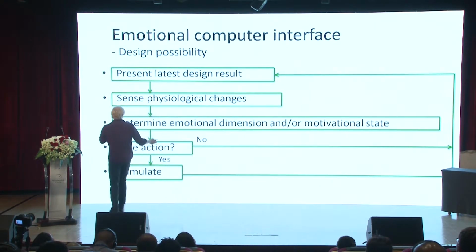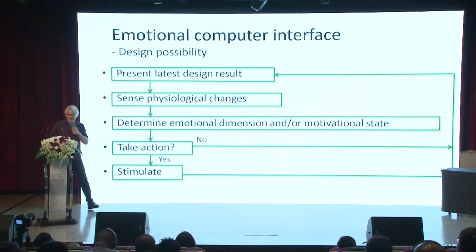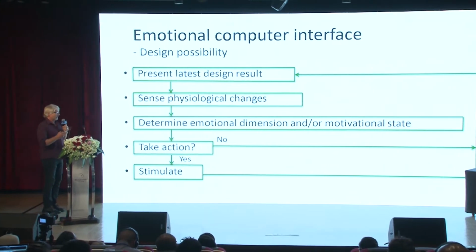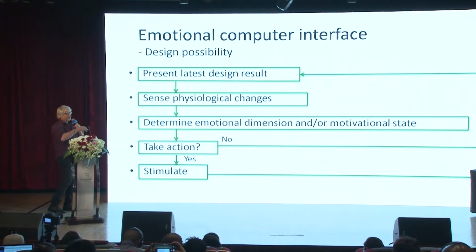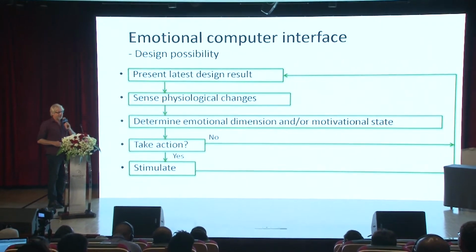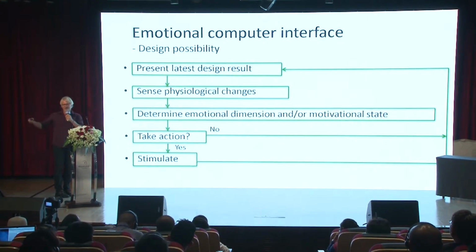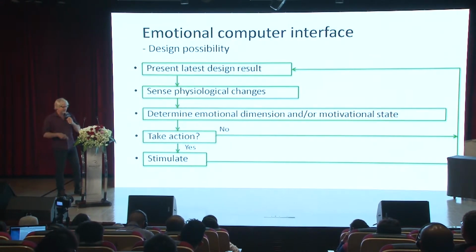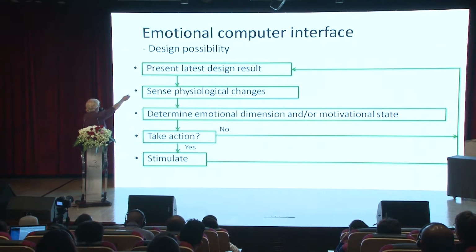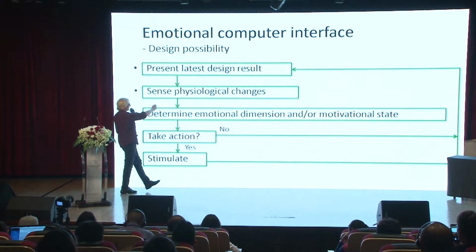example of getting back to this idea of design, creative design processes and physiological state measurements. The case I'm talking about here is specifically one where we interact with some kind of computational framework. Like there's some kind of computer we're working with, right? So we're interacting with some kind of machine, and the machine would perhaps present the latest design result to you on its screen, or maybe you hear it or something, and there's some physiological change because all stimulus leads to